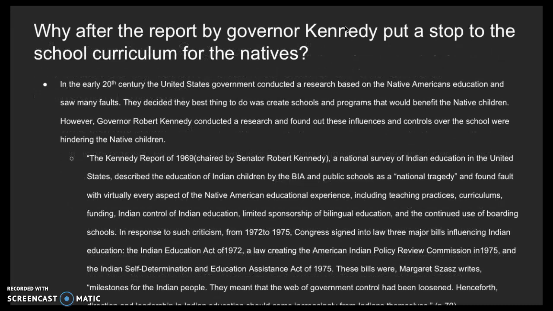Why, after the report by Governor Kennedy, was the school curriculum for natives stopped? They already had a curriculum that was enforced by the U.S. government, but normal public school. So in the early 20th century, the United States government conducted research on Native Americans' education and saw many faults. They decided that the best thing to do was create schools and programs that would benefit the Native children. However, Governor Robert Kennedy conducted research and found out that these influences and controls over the schools